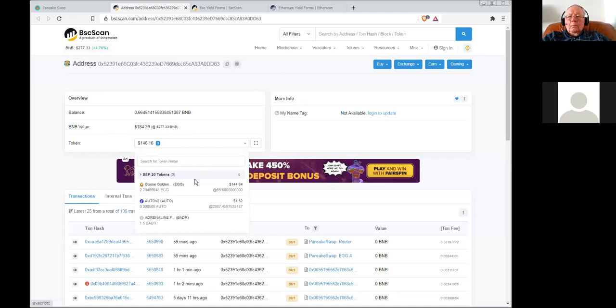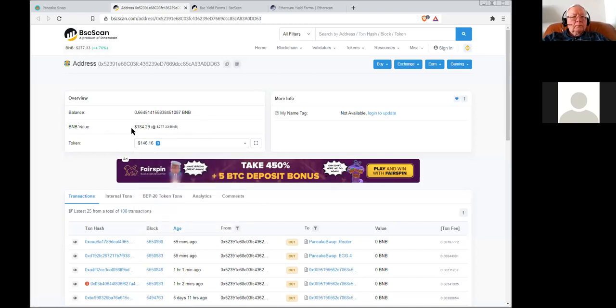So in this one, I've got this Goose token that I have in another pool thing, and I've got $144 in that. So this is just like the ERC20 tokens that run on the Ethereum chain. You can have BEP20 tokens, which run on Binance. So this is strange because I've got the right 0.66, just like it said, but the wallet